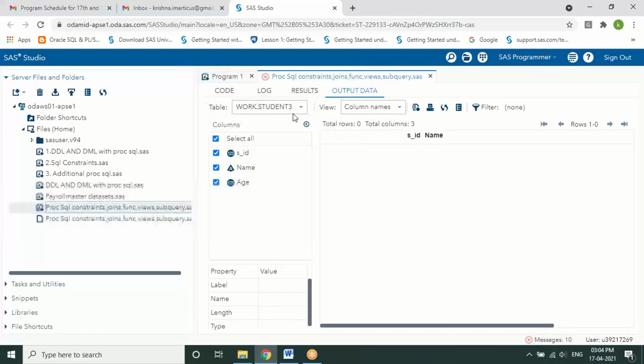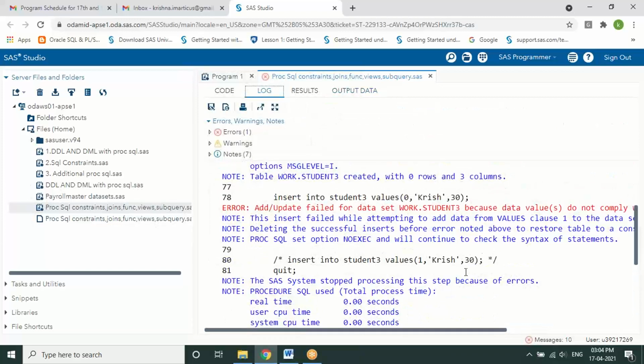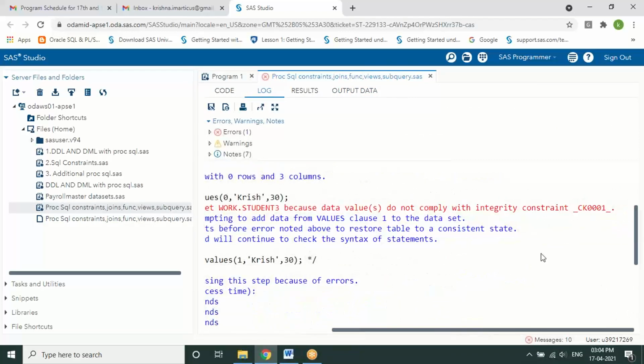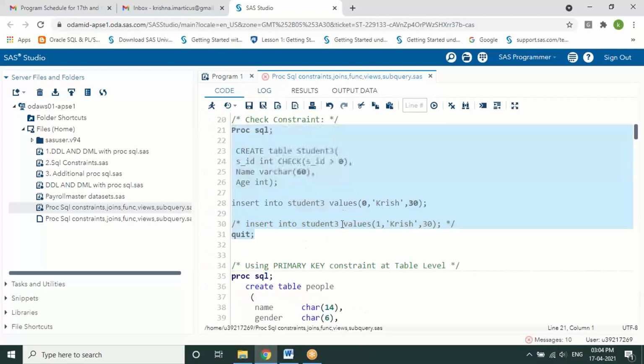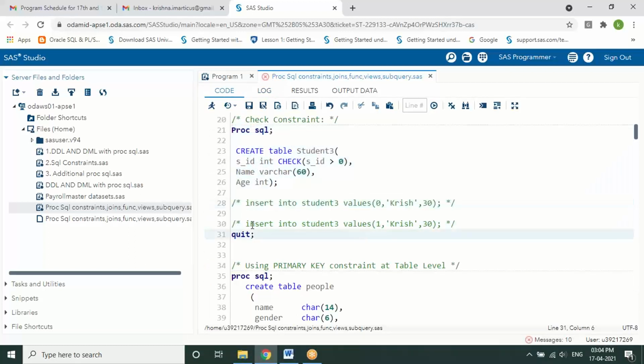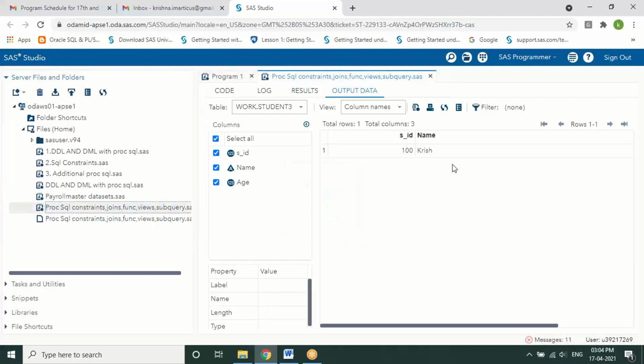When I give this, you can see even in the log window that the integrity constraint has been violated and it is not accepting the data. If it is more than 0, anything that satisfies the check constraint I specified, that data will be added.